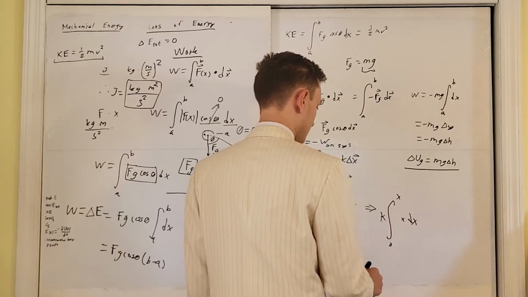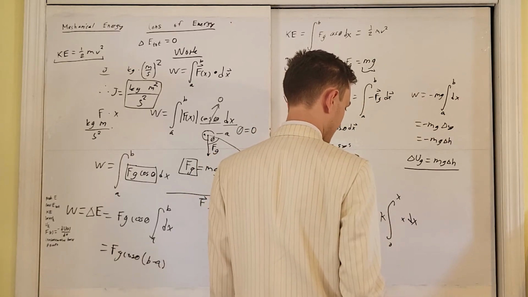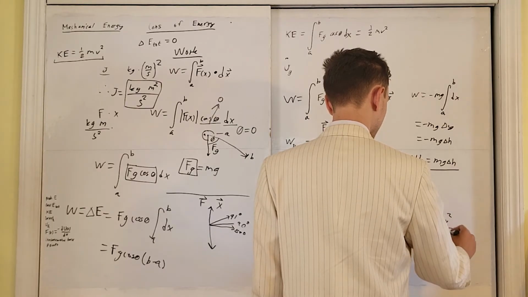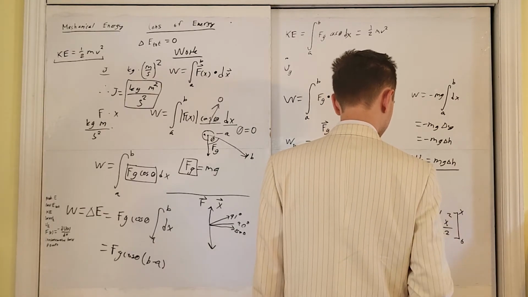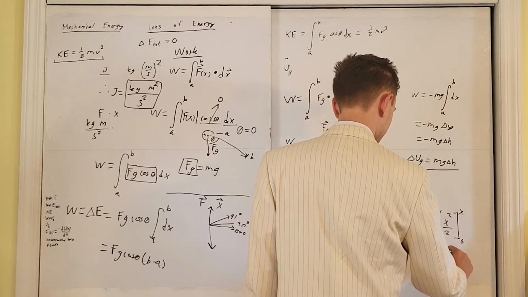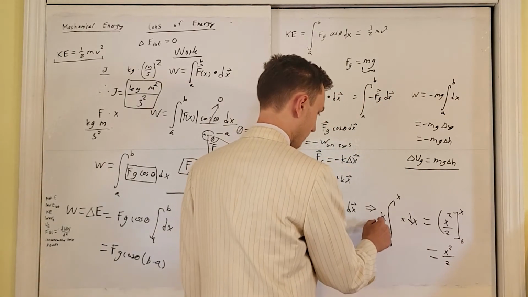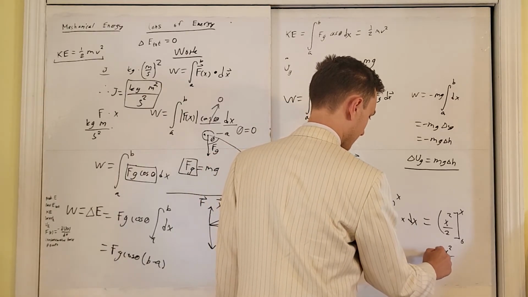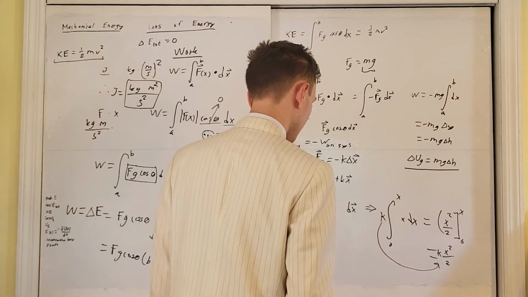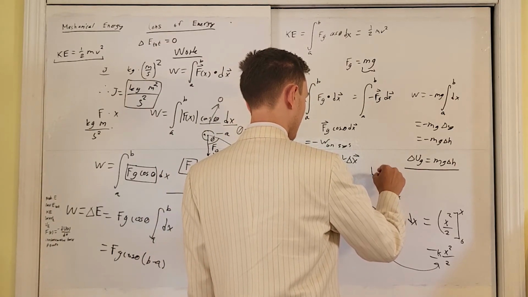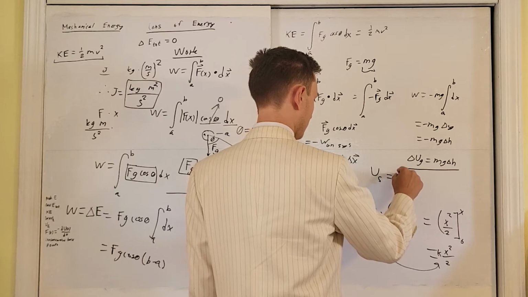And we're left with the integral from 0 to x of x dx, which is x squared over 2 evaluated from 0 to x, which is just x squared over 2. Okay? We don't forget our spring constant k. Let's bring that back in. And therefore, we have derived the equation for potential energy stored in a spring equals 1/2